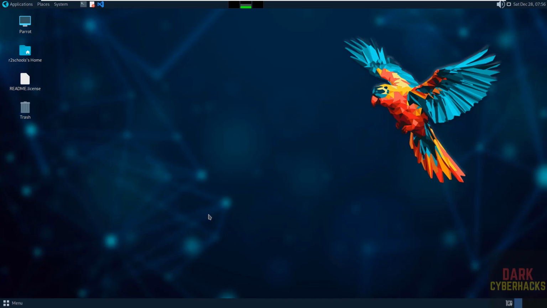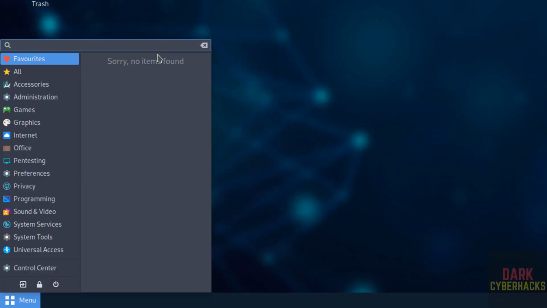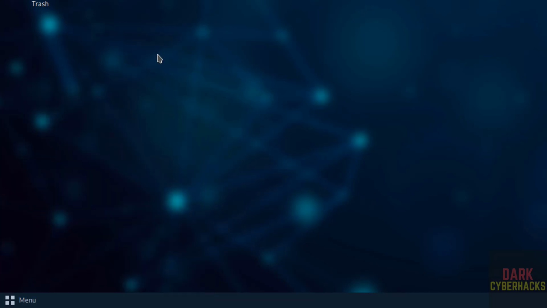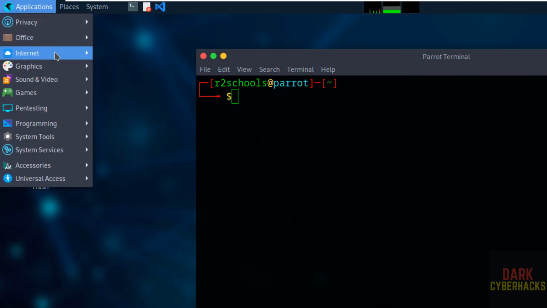Okay, first verify whether Sublime Text Editor comes as a default application on Parrot OS or not. So click on menu, then Sublime. See, you don't have anything with Sublime. Okay, so open terminal, also open any web browser,